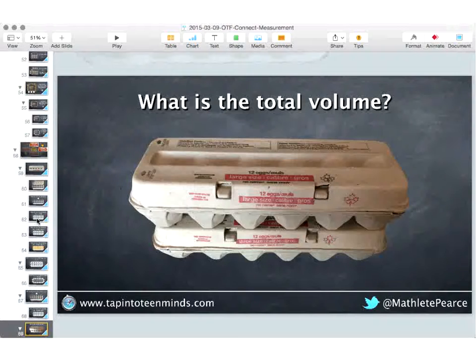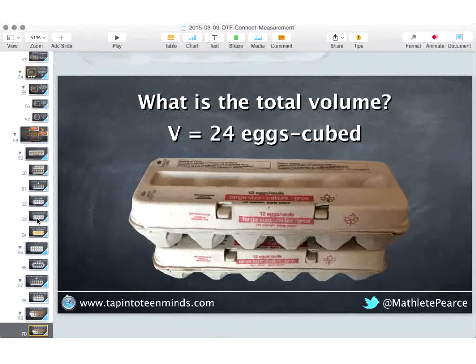Nothing makes me more excited than when all of my students are saying, this is too easy, because sometimes students can struggle if I jump straight to the abstraction. So when we look at this guy, 24 eggs cubed,